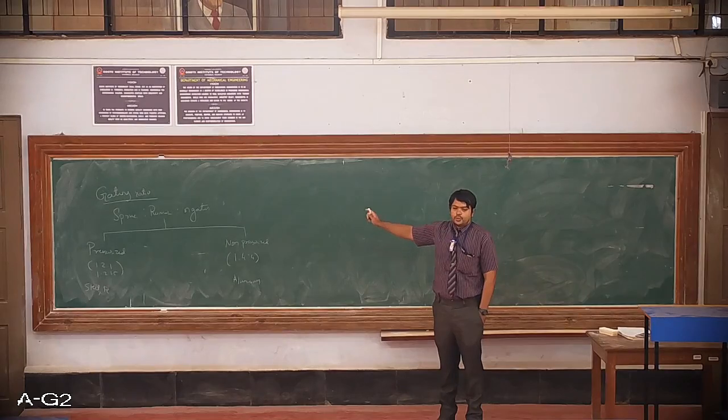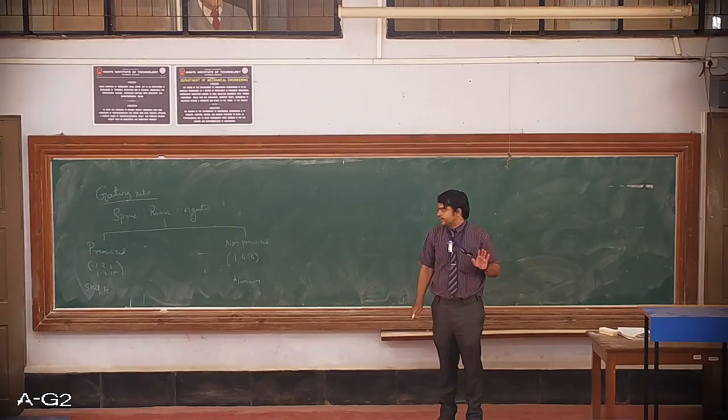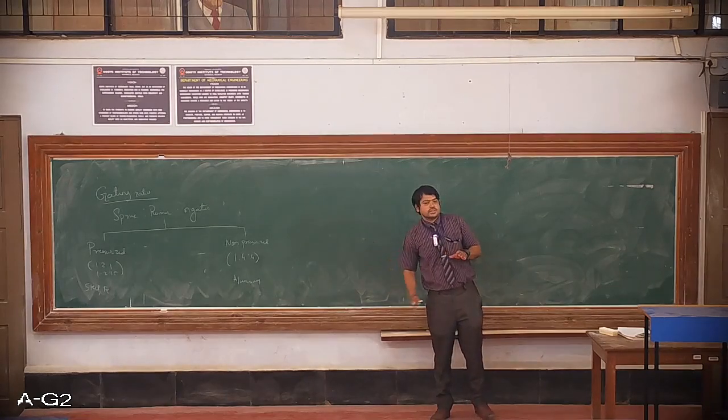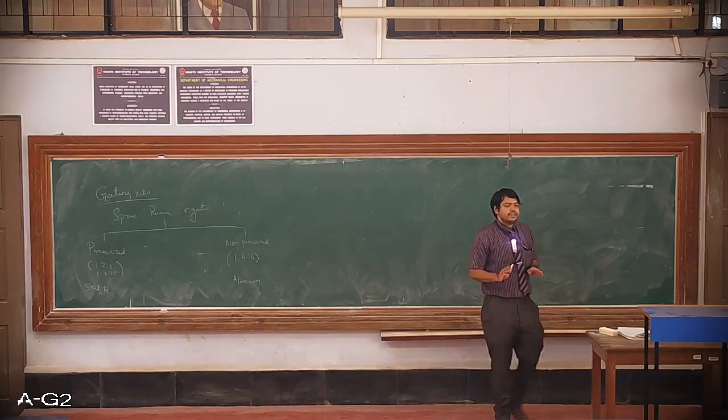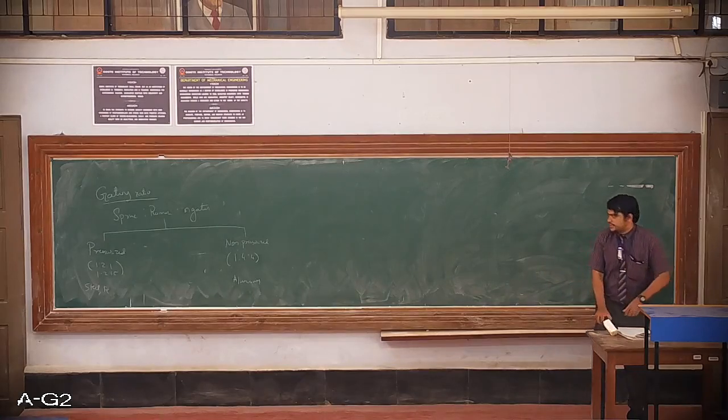So reverse horn gate is an example for non-pressurized, whereas direct horn gate is an example of pressurized gating system. I hope you understood. Non-pressurized gating system, simple example is reverse horn gate, whereas for pressurized it is the horn gate. This is gating ratio. We are going to come across this while we solve certain numericals during the design of gates and ingates. So next part is the risers.